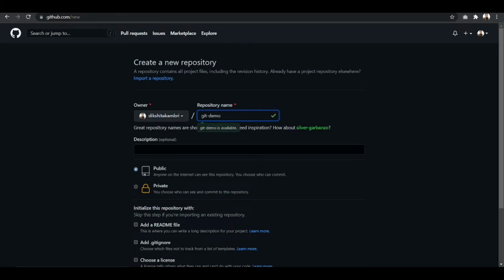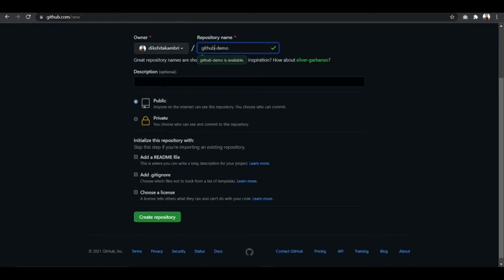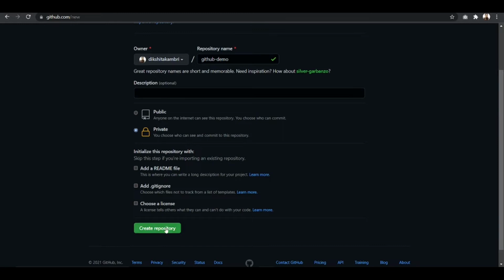You can add a description, and keep it public or private as per your need. You can initialize your repository with a readme or other files. I'm going to keep it private since I'm creating it just for demo. Then just hit the create repository button.